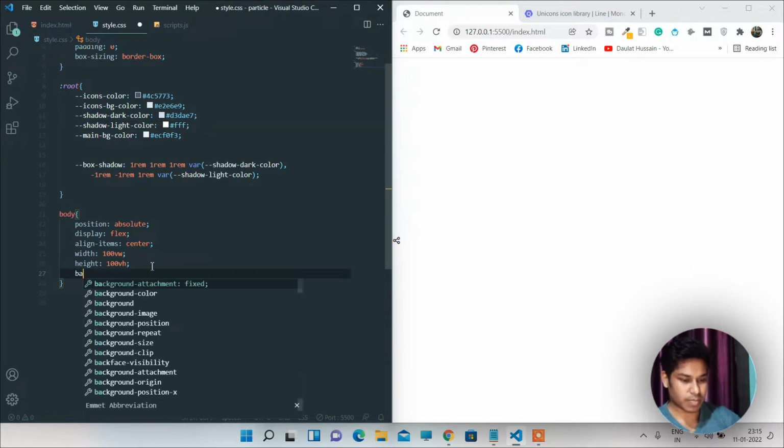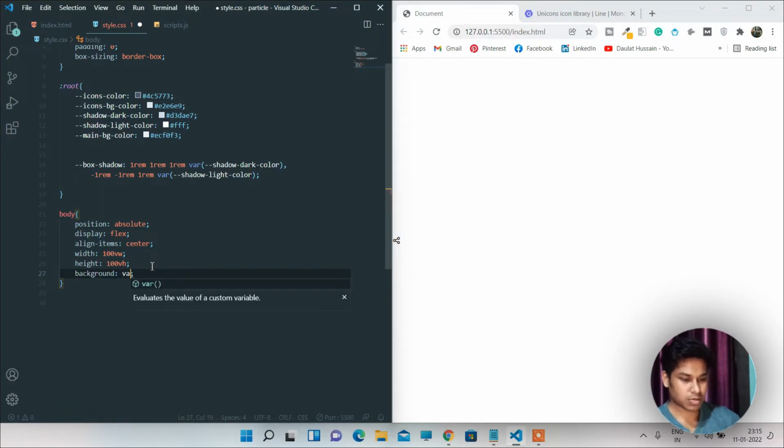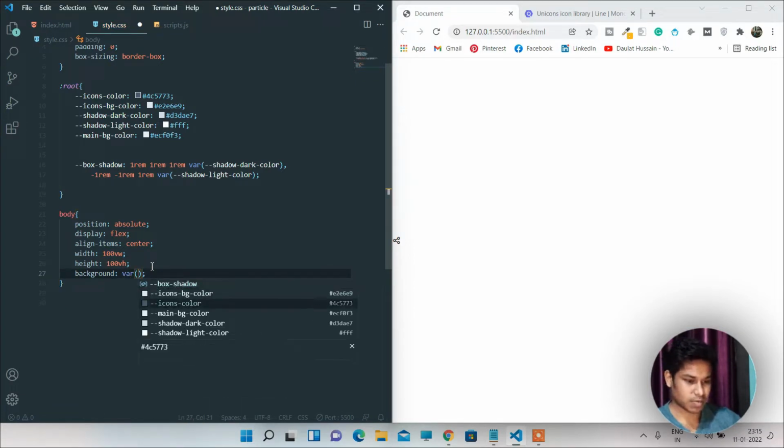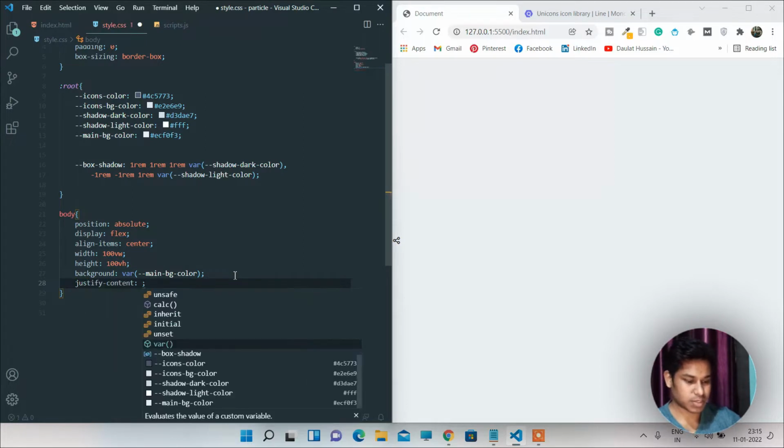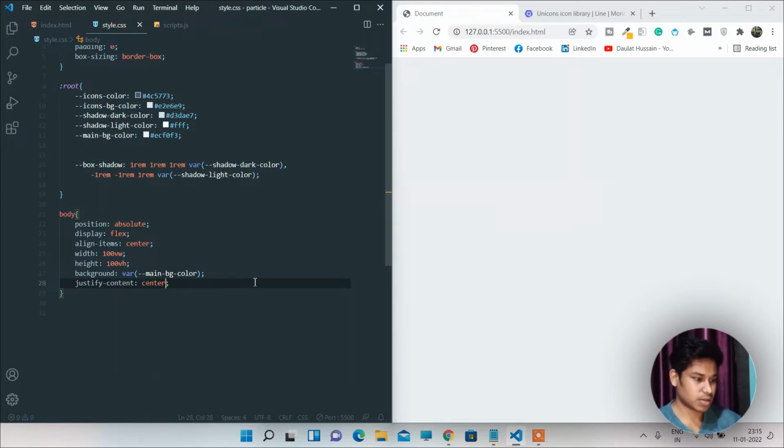So let's take the background color, I will take this variable, main bg. As you can see, the color is completely changed. And I do one more thing. I'm going to say justify content is going to be center. That makes everything in the middle. So whatever we're going to write, whatever container we're going to create, that all will come in the middle